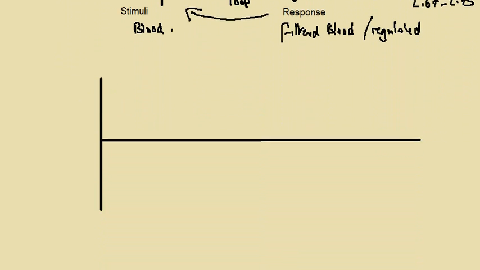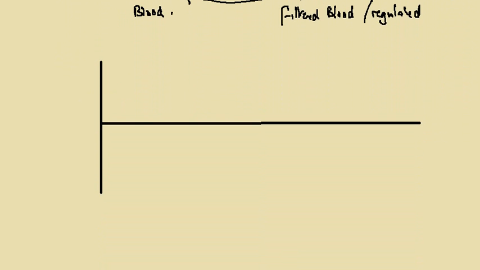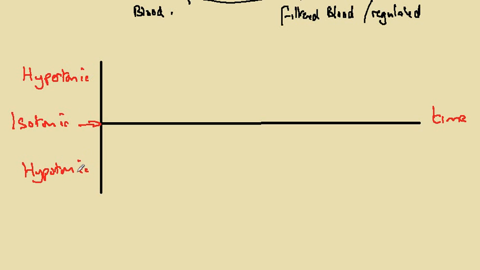We illustrate this with the following diagram, in which the horizontal axis refers to time and the vertical axis refers to blood concentration. This point here is the fixed point where we have isotonic conditions. Here we have hypertonic conditions, and down here we'll have hypotonic conditions. This refers to the notion that cells